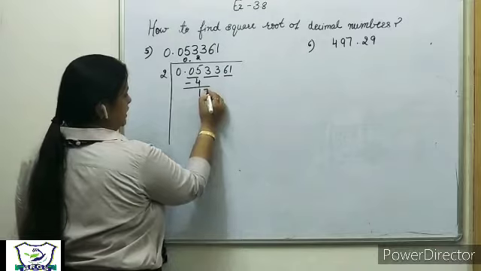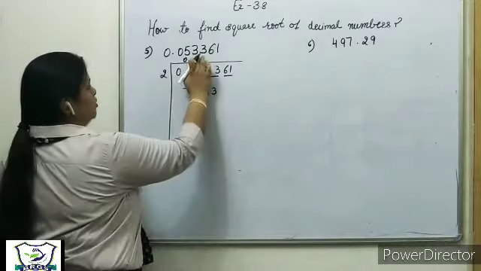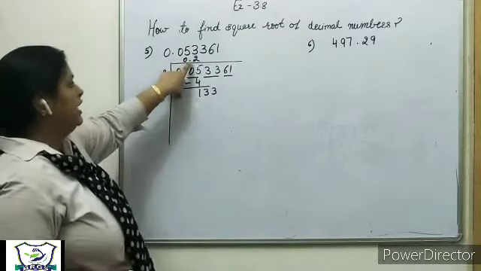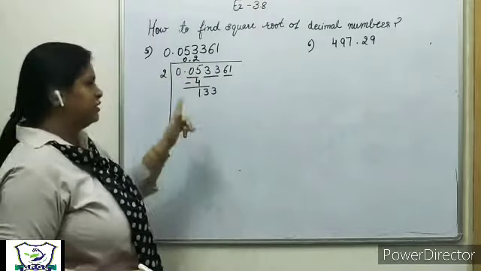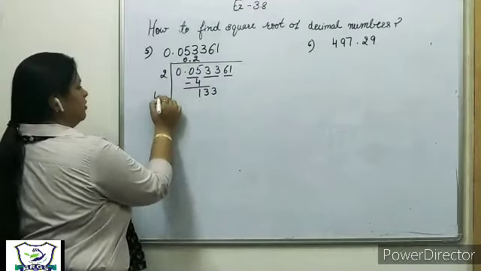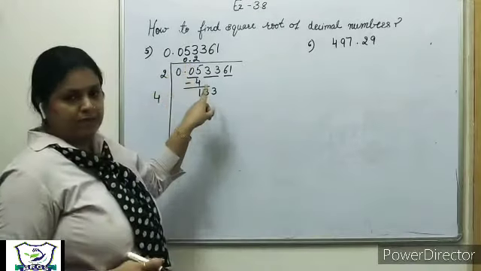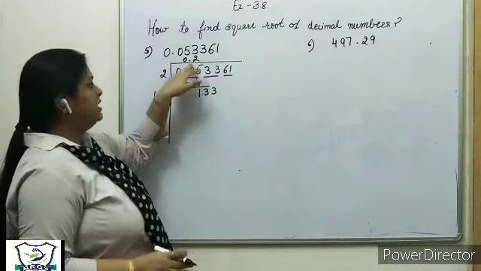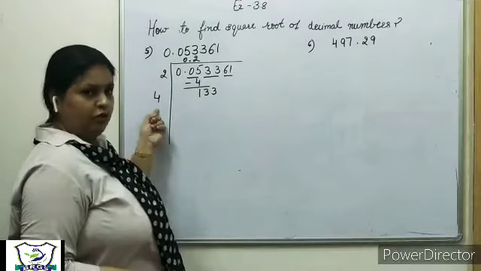Next 33 comes down. Now 0.2 plus 0.2, while adding you will ignore the decimal. It is 2 only. 02 means 2 only. So 2 plus 2 is 4. While adding quotients you will ignore the decimal part. You have to ignore the decimal part. Understand it like this, that this is 02. 02 means 2, and its double is 4.